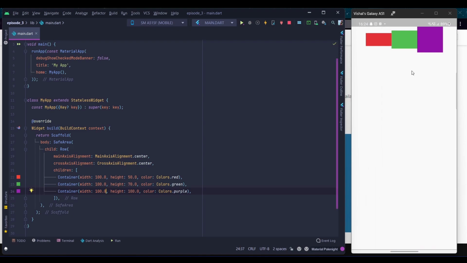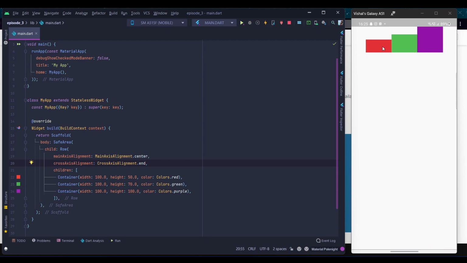Now if we reload that, we can see that the red and the green ones are in the center. Let's change the cross-axis alignment to start. And if I reload that, we can see the red and green containers sticking towards the top of the screen. Let's try end, and now we can see that they are touching the bottom of the row.